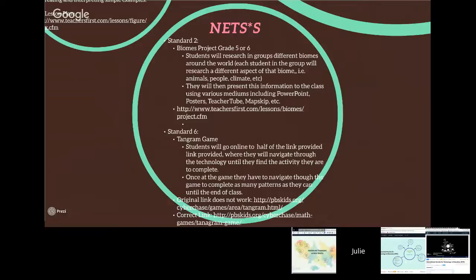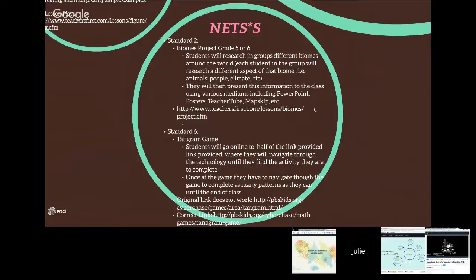This activity fits Standard 2 for the students because it allows them to interact in class. It allows them to figure out, maybe even help a struggling member find their research as well. It allows the students to learn about the different biomes of the world, not just the ones that they live in, and they're able to gain why something is there and why others might not be, like why certain animals are there,